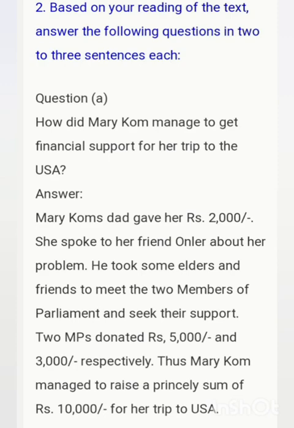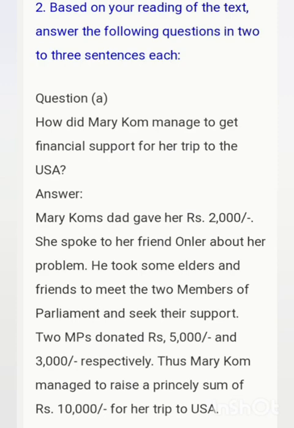Based on your reading of the text, answer the following questions in 2 or 3 sentences each. Okay, so if you have a guide, you can go for learning from that. Otherwise, those who don't have a guide, you can note down the answers from this and you can learn. Okay, the first question. How did Mary Kom manage to get financial support for her trip to the USA? The answer is